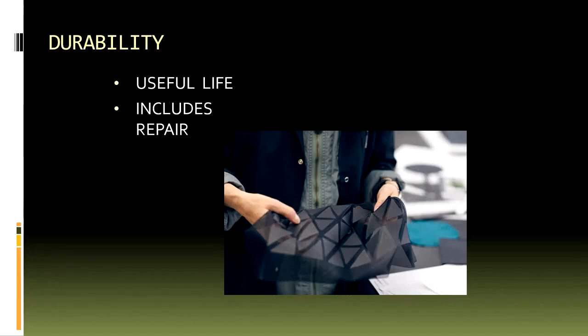It is nothing but when we are using a product, we can use it until it is degraded, or threads are tearing, or it looks very ugly when you are wearing it. So we call it useful life, when all the properties are maintained or retained in that particular material. That is called the useful life. So you can use it up to that life, and after that you have to do certain other things with that.